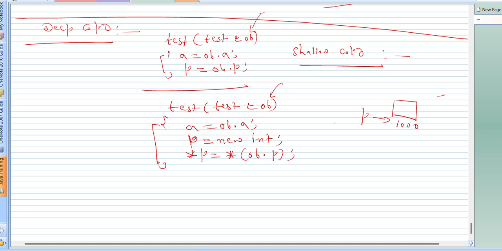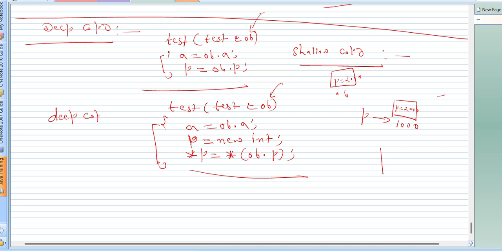Suppose this is ob and its P contains address 2000, then here P will be a different address, 1000. So you can see that now we have made a separate memory space for this pointer, and therefore there should not be a double delete error in this case, and this constructor is known as